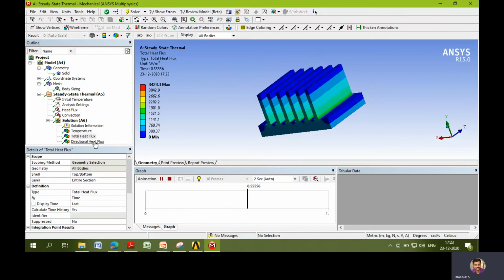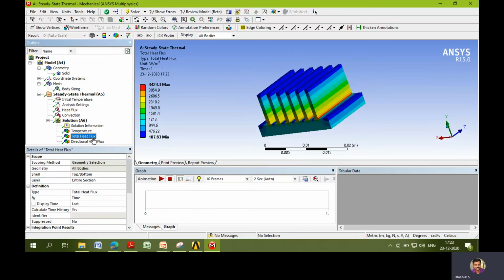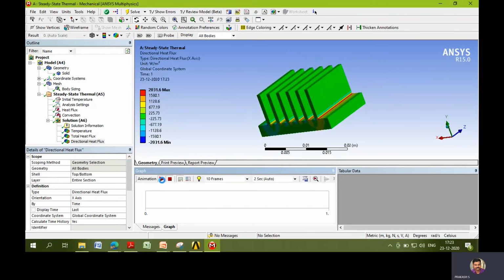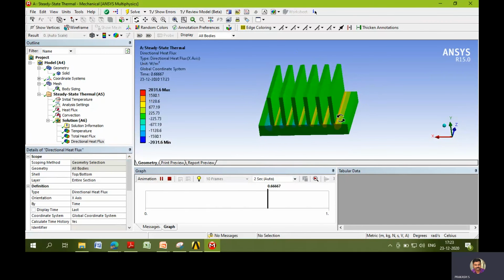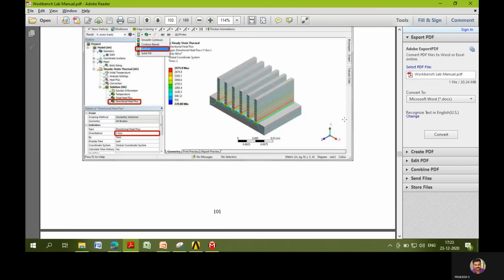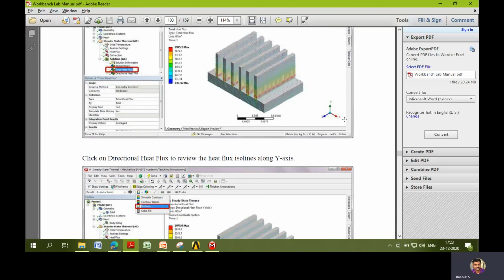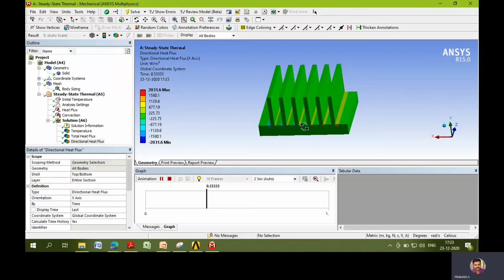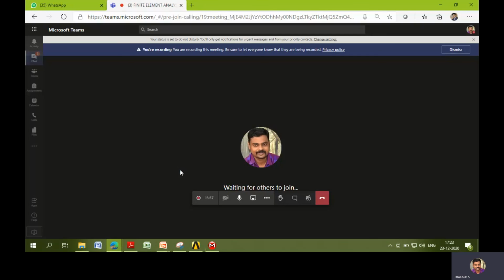Next, directional heat flux. The total heat flux is 3423.3 maximum, and the directional heat flux is 2031. See, the directional heat flux takes only the corner allowance. See the 2099 something values. Okay, thank you.